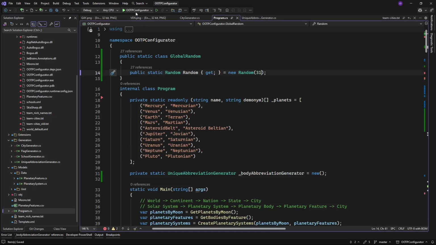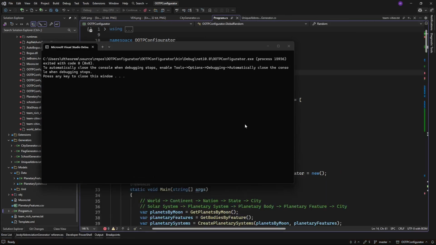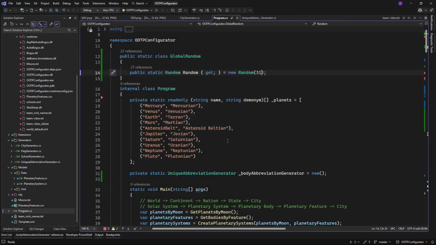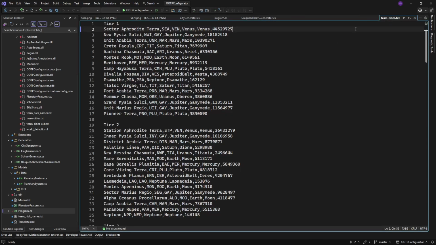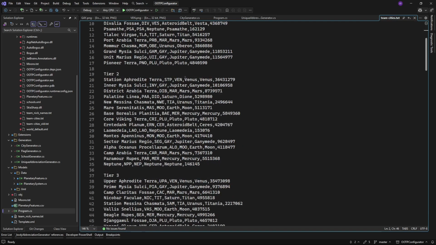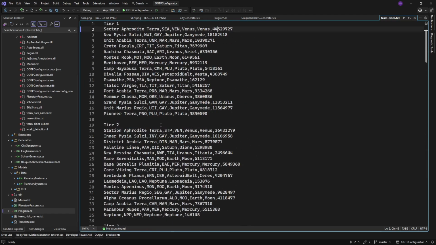And so if I save this and we run 31 again, we should get our values back. And look at that, there they are. So the blue, the nice bold, that I like, and I like, of course, the sword. So we're going to go with that. And there's Sector Aphrodite Terra, 44 million people right at top again. So anyway, I think we're going to stick with this, number 31 on the random seed.